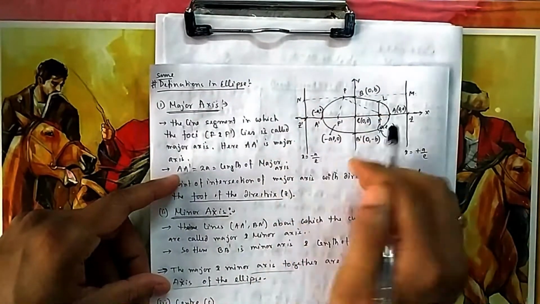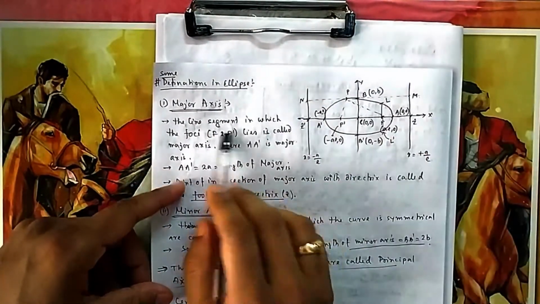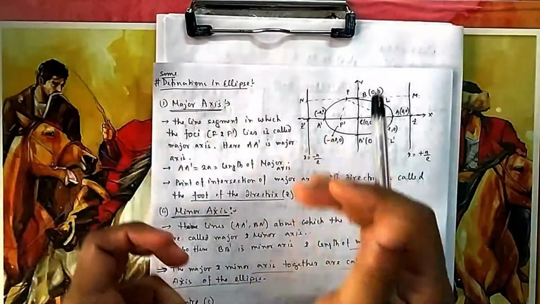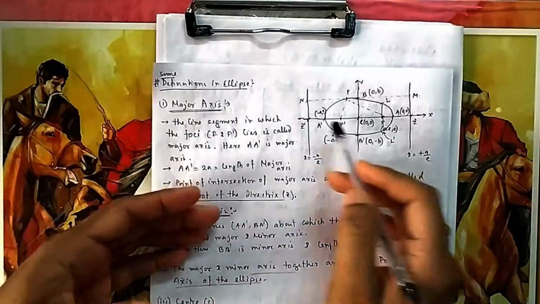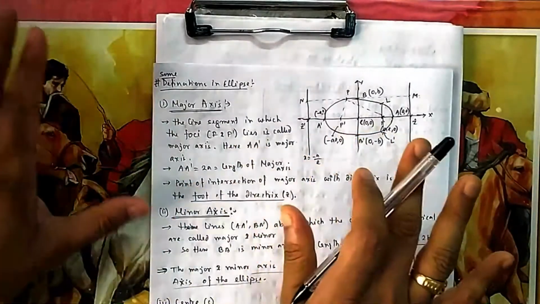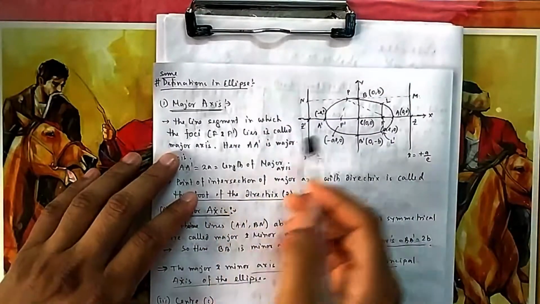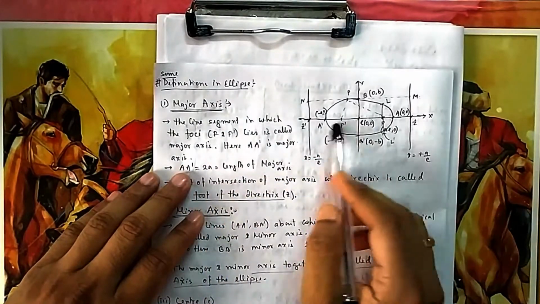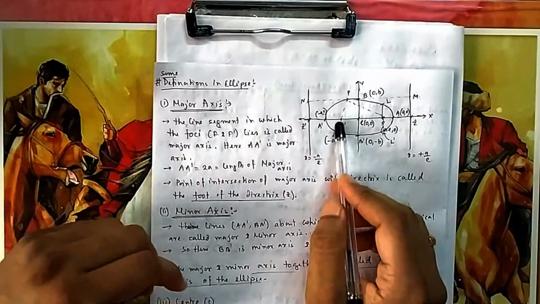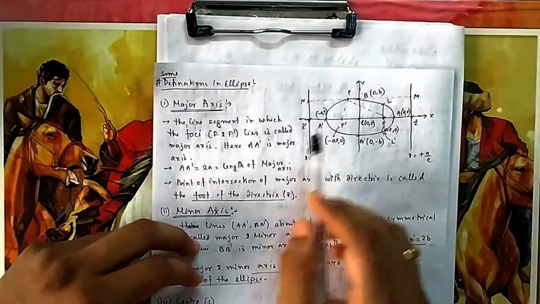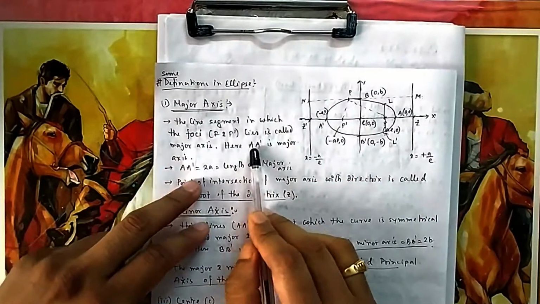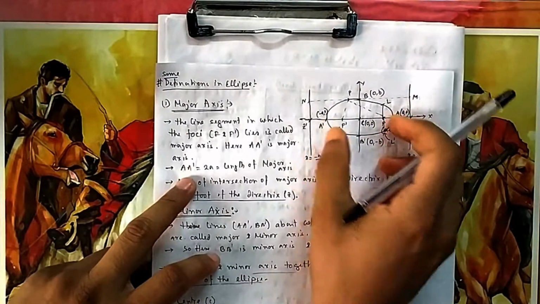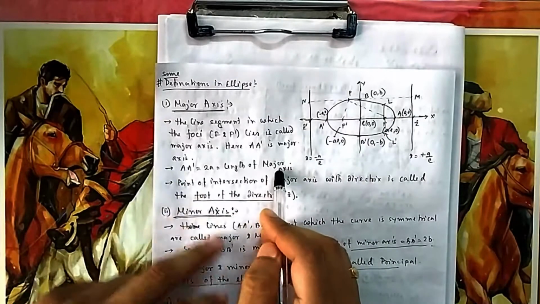So the axis on which the focus lies, that is your x axis, that becomes always your major axis, because your ellipse shape can change. You will see lots of other cases. In that case you don't remember that always x axis is major axis. No, not like that. It can change also. So your line segment on which the foci lie, means two foci, plural form. How another focus came will come later. So A A dash is the major axis. And the length, we have seen, is a plus a, 2a. So that is the length of the major axis.